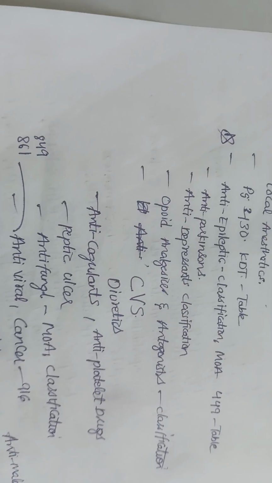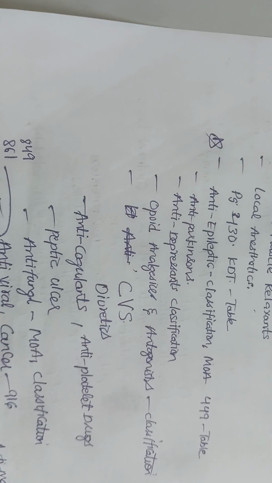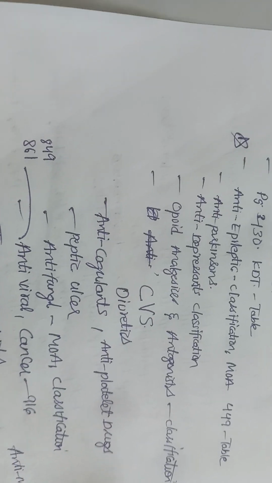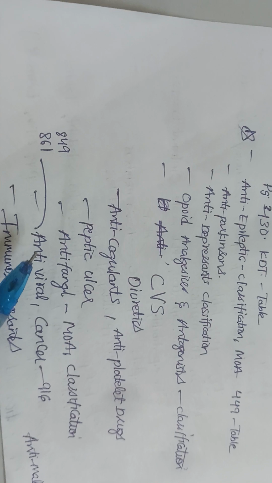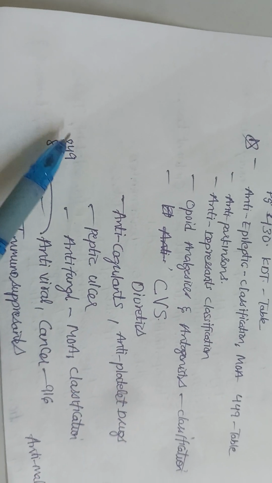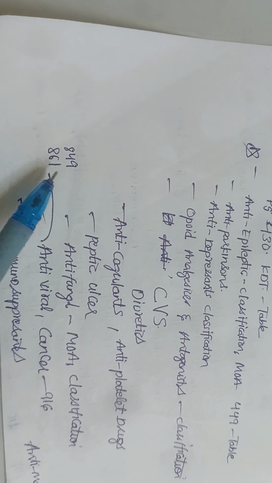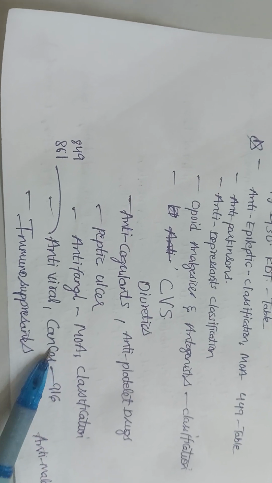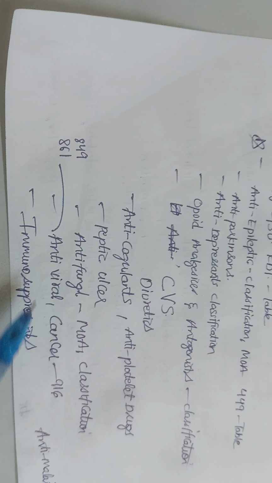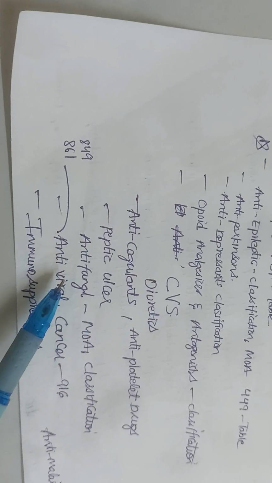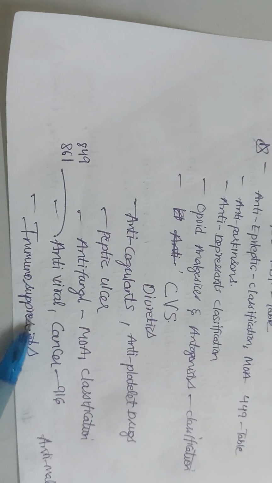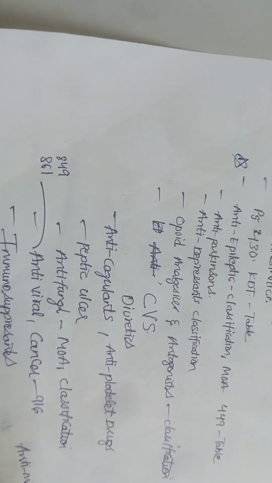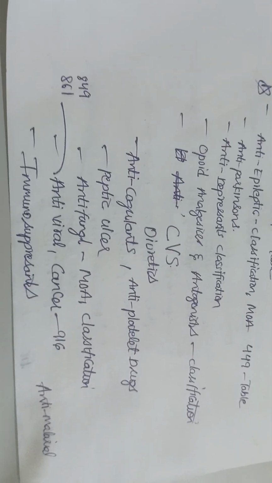You can expect nearly 3 to 4 questions directly from the classifications itself, and mainly the antiviral and anti-cancer classifications are very important. So 1 question will come from the antiviral classification, that is on page numbers 849 and 861 of KD Tripathi, and page number 916 of KD Tripathi for the cancer classification, very important, and the immunosuppressants also. So antiviral, cancer, immunosuppressants, antifungal, the CVS system, these classifications are very important, and also look at the classifications of